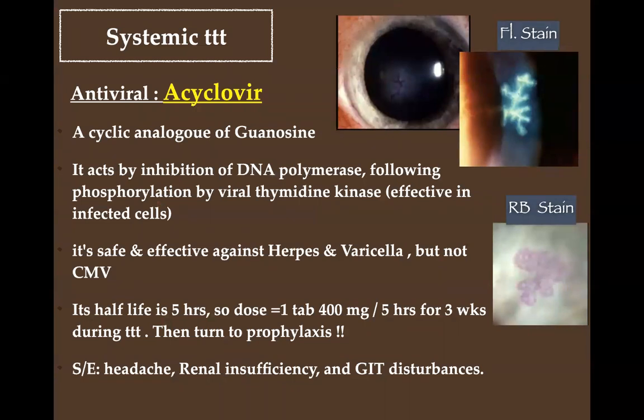The dose of the systemic therapy is defined according to the severity of the disease and extension of the disease. But anyway, we will start with the antiviral acyclovir, which is a cyclic analog of guanosine. It acts by inhibition of the DNA polymerase following